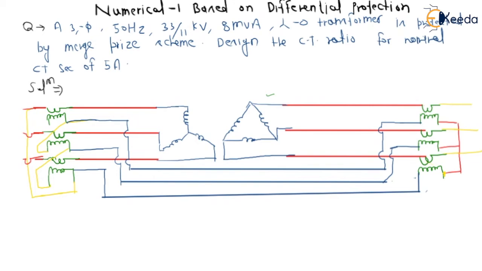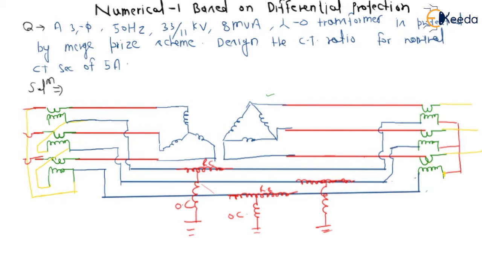In between them, I didn't discuss that here there will be the operating coil and the restraining coil. This will be our operating coil, OC, and this will be our restraining coil, correspondingly in all the branches. We have studied this for a single phase, and for this third line it will also be like this, with OC and RC. So this is RC and this is OC. This is the simple connection of a three-phase transformer.